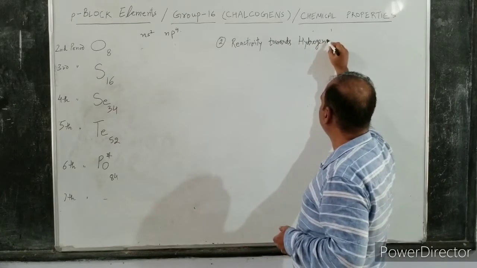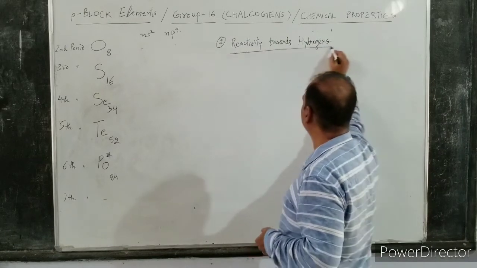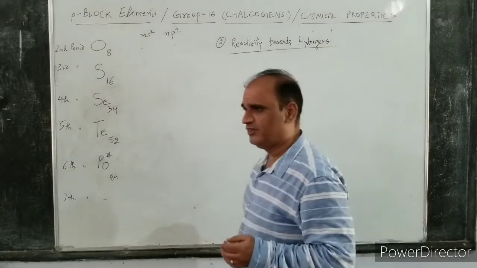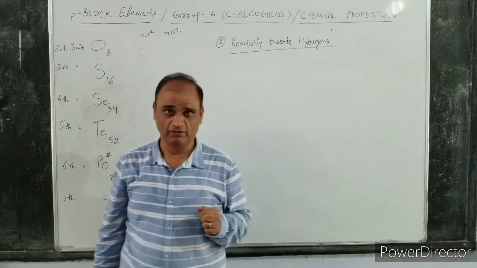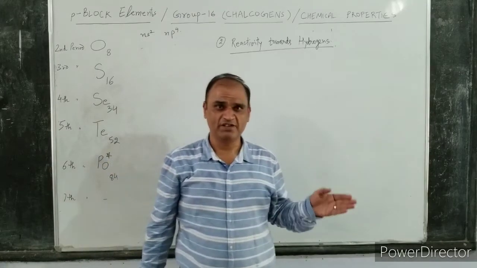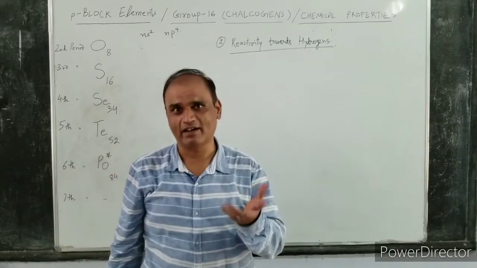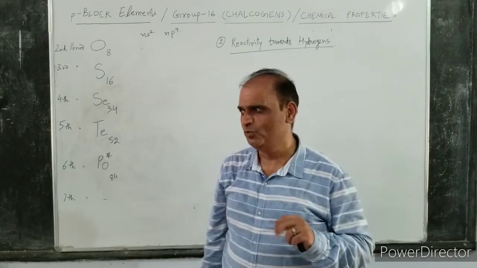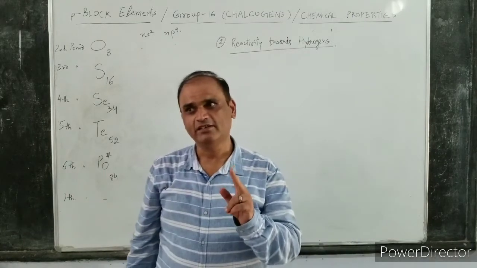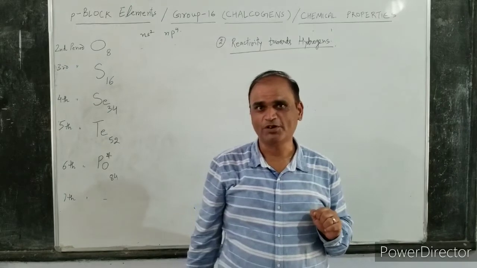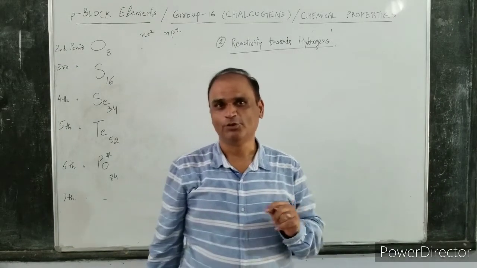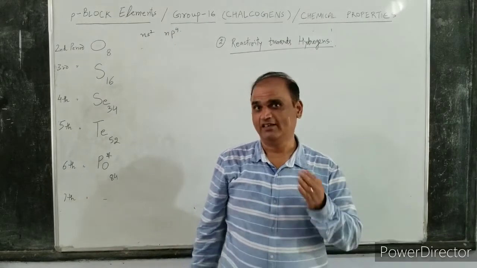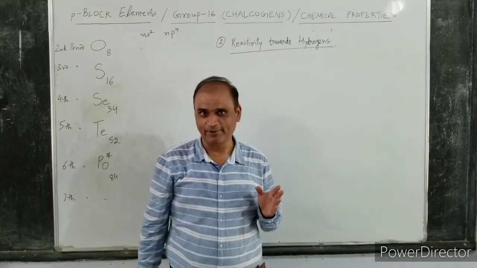All these elements combine with hydrogen. Note these, almost every element combines with hydrogen. That is why hydrogen is sometimes called a characterless element. But you also remember that there are 3 groups in the modern periodic table in the D block, the elements of which do not combine with hydrogen, and that is called the hydride gap.